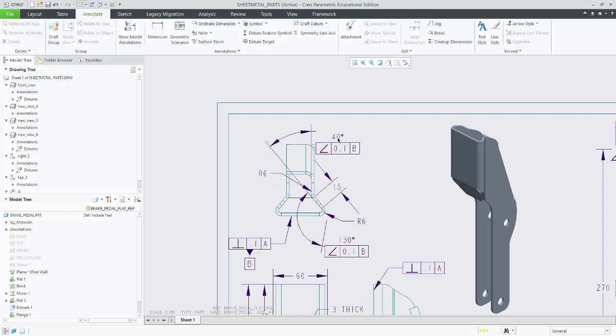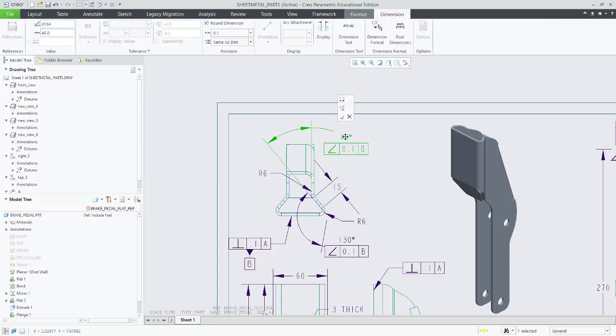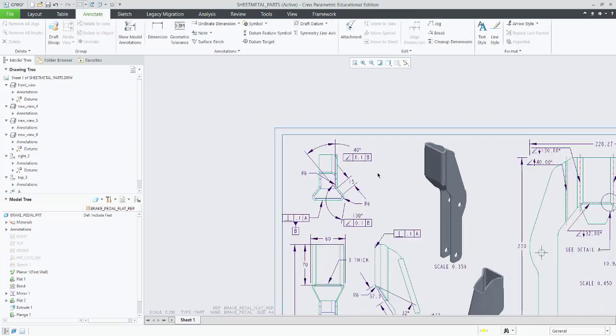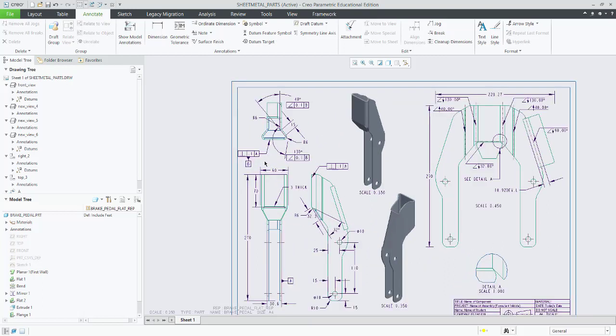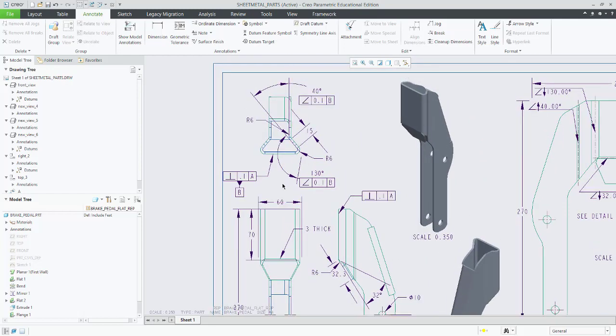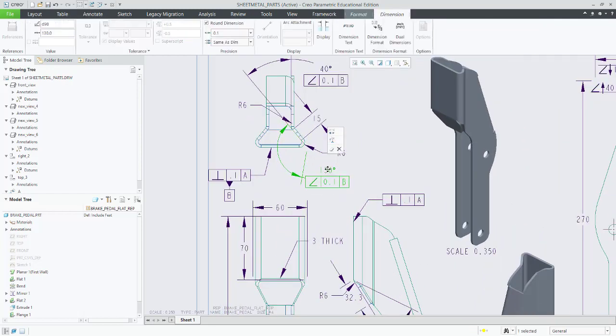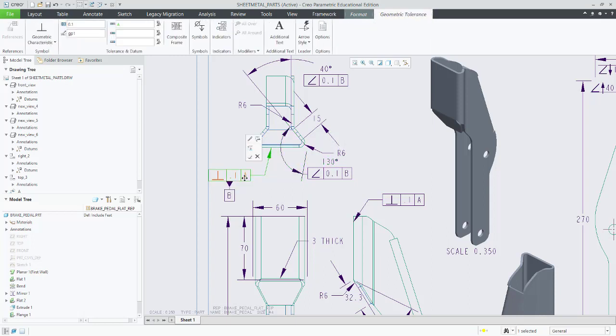So this is also done. Again you can drag this a bit outward to make it easily readable. So here we have defined the tolerances. Now we have to define the annotations. So to define the annotations, I'm going to make a little bit of space here. So I will simply drag these tolerances that I have created.